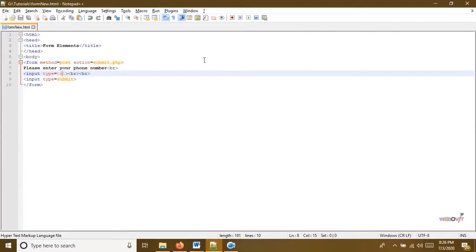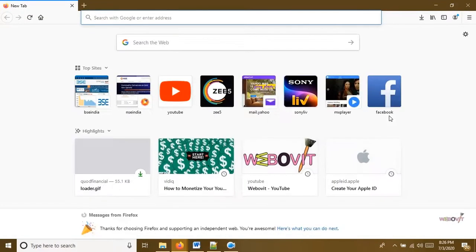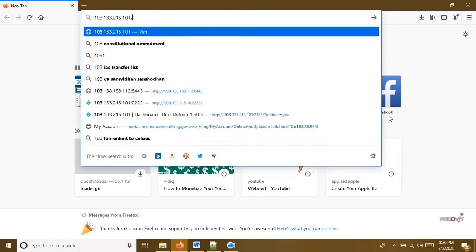I will show you the preview on a mobile device, and you will see how the same page appears on a mobile device. For that purpose, we are going to upload this file to a web server. How to upload a file and how to host your website is another topic which we are going to study in our bonus video. Currently I will just submit it directly without explaining. I will open my web server. There are many web servers available in the market. I will open the URL for it. This is my web server.